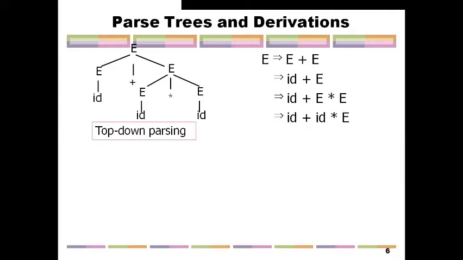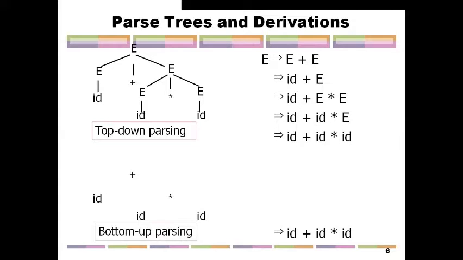Next, we are going to see how bottom-up parsing works. The same thing, we are going to do with bottom-up parsing. So we have to generate the leaf nodes first. What are the leaf nodes? The three IDs, plus and star are the leaf nodes. So we start the parsing from the leaf.